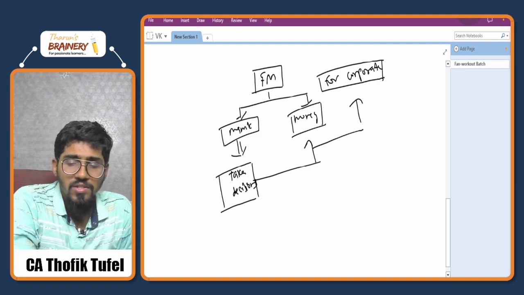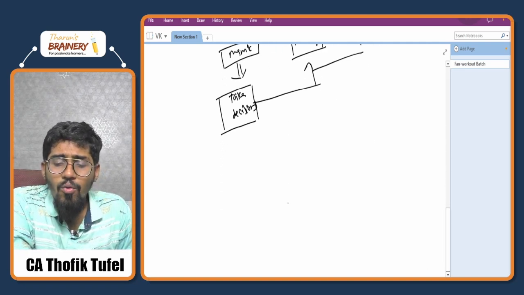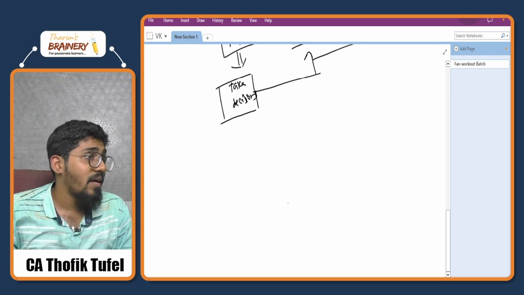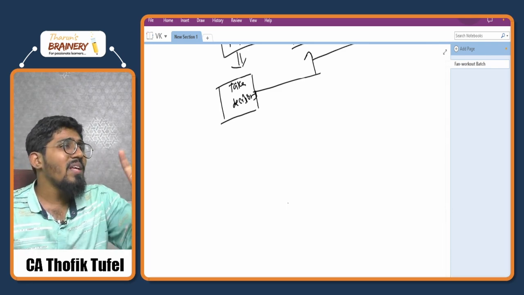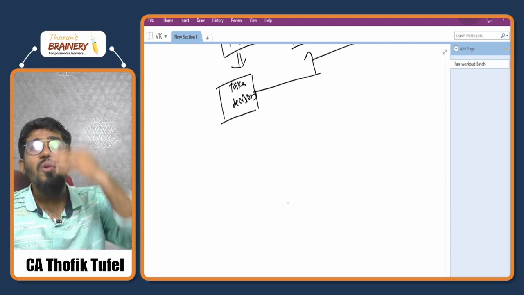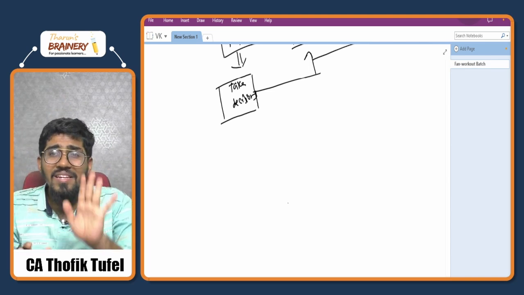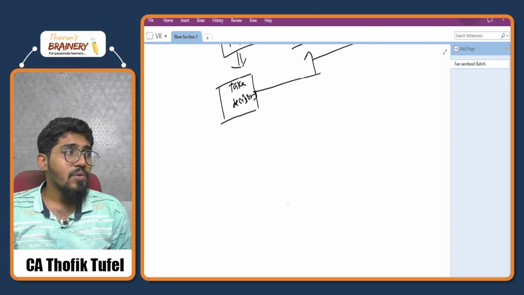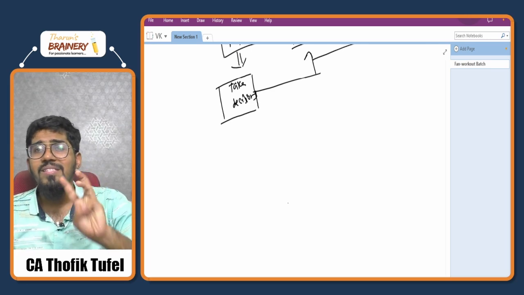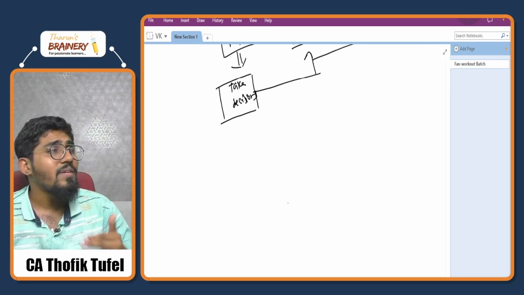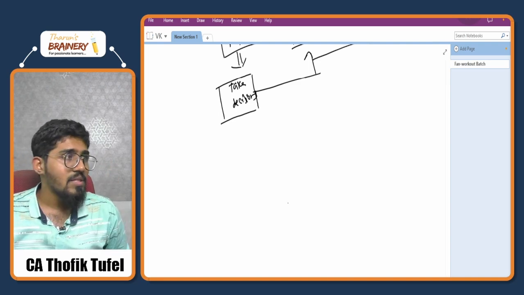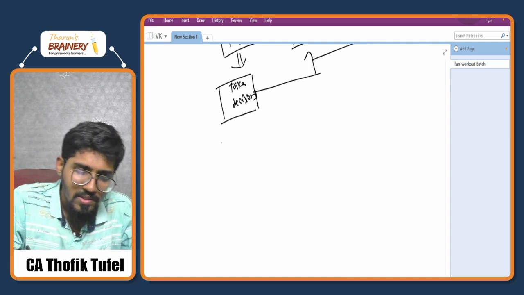So we have to take decisions. In corporate, how many types of decisions are there? In financial management, we only have 3 types of decisions. We don't have any 4th decision, and these 3 decisions only you are learning here. So a total of 9 chapters is covered only to teach you these 3 decisions. Sir, what are those 3 decisions?